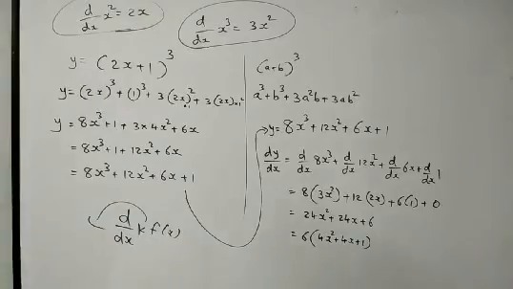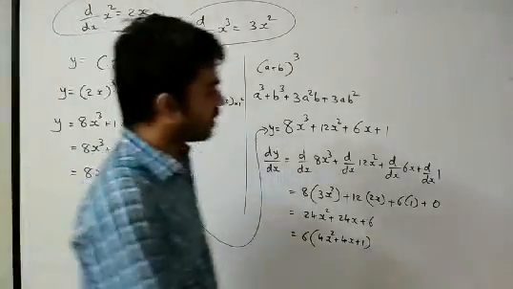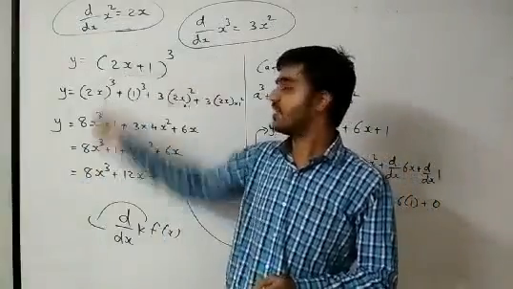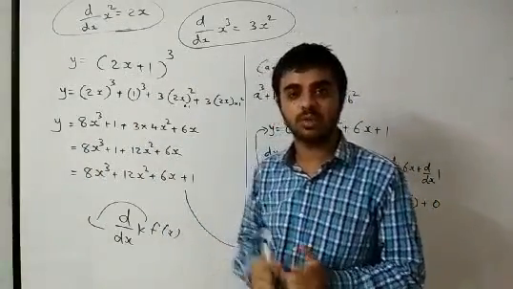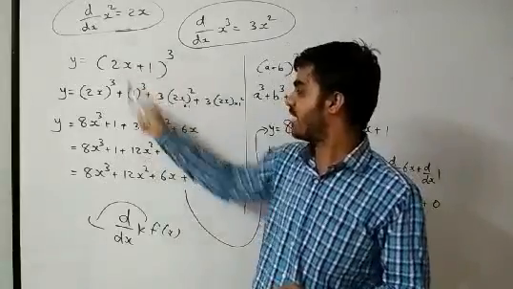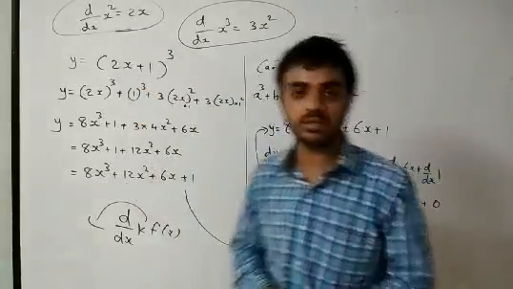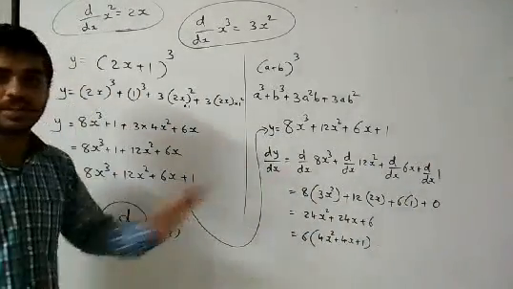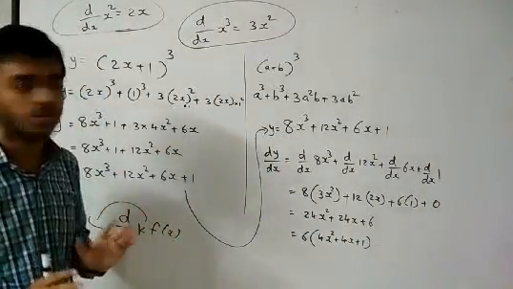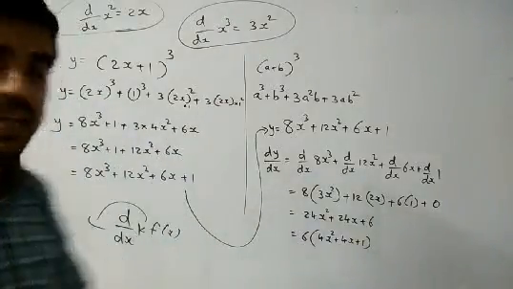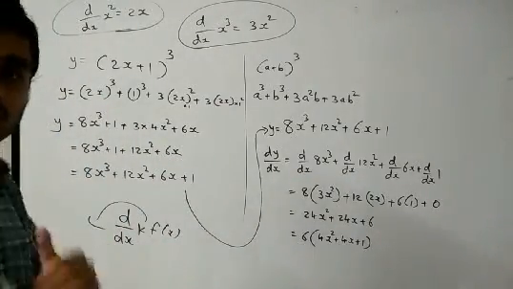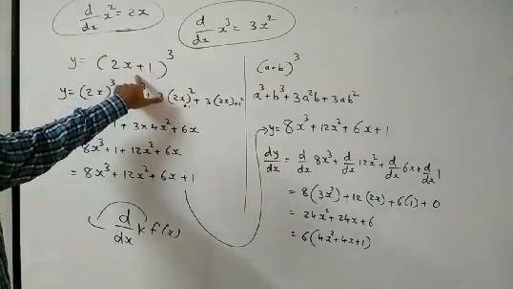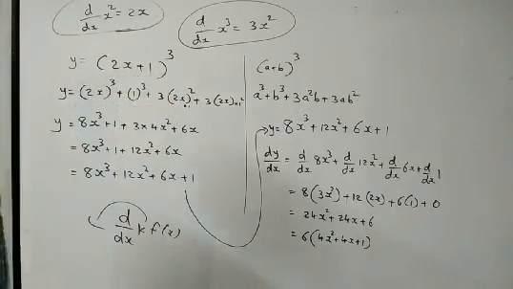Yes. So for this particular sum, first of all, we do not have any formula to do the differentiation. So what we have done, we have first simplified this into this and then we have solved our answer. I hope this answer is clear. This question is solved in the textbook, right? So you can refer to that also, and whatever question I have solved, both the answers are the same. That is for (2x + 1) whole cube. We have to find the derivative of (2x + 1) whole cube.